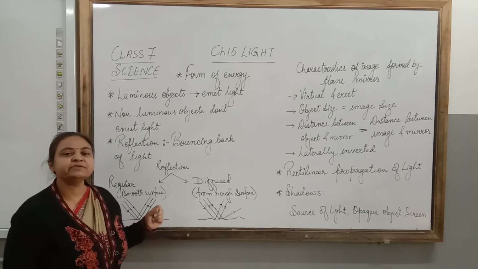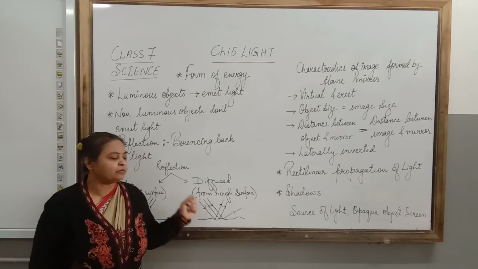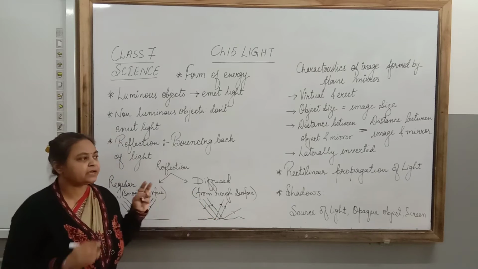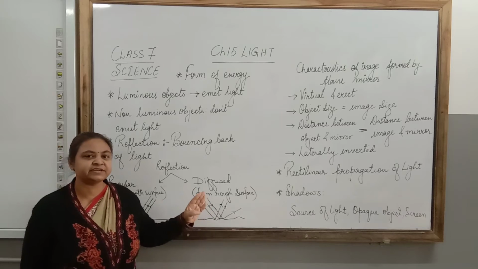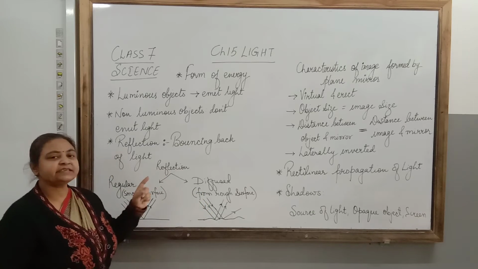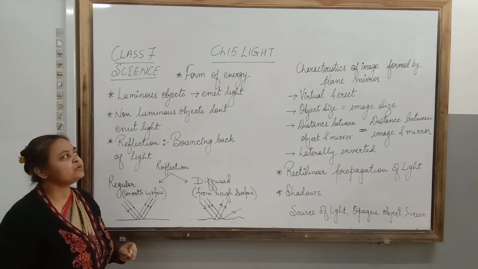Clear shadows are formed when object is opaque. Shadows are not very clear when the object is translucent. And lastly, we have also discussed about characteristics